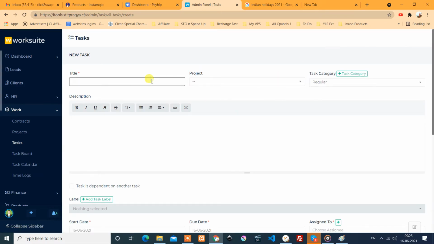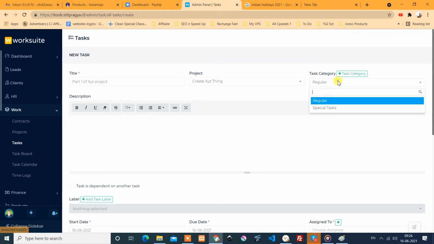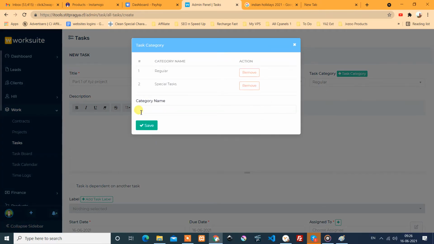So title, so this is the XYZ project, so I say part 1 of XYZ project. Okay, so we select that project XYZ thing. Okay, so this is say some regular task, this is the category. You can add the new category if you want from here. So let's close it.